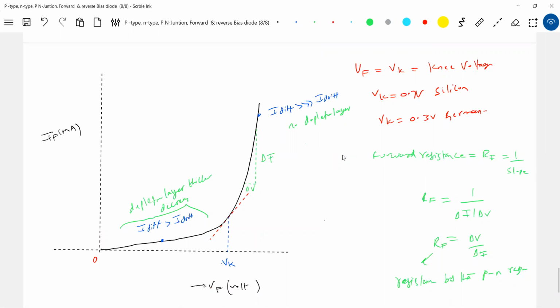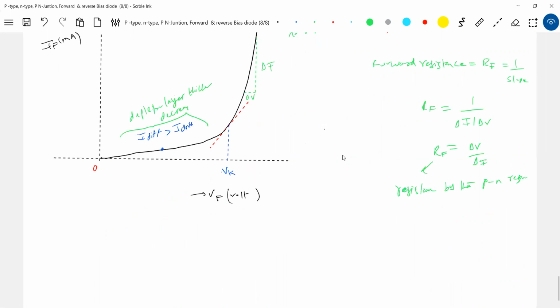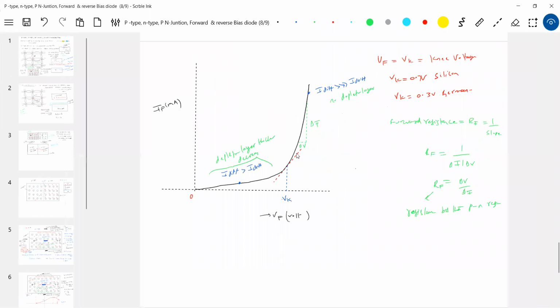So here is where we are going to operate. Where should we use the diode? This is called the operating region. We should use the diode in this region. How do we show a diode circuit? When we are doing problems, the diode will be shown with the symbol like this. This is P-type, N-type, and this is connected to a cell. And there will always be one series resistor to protect the diode from exceeding voltage. This is the cell.